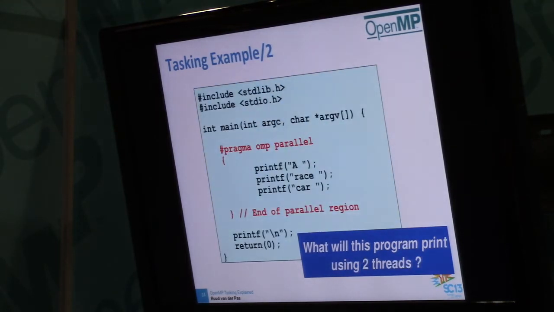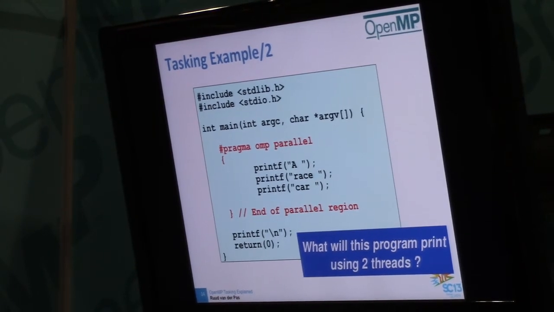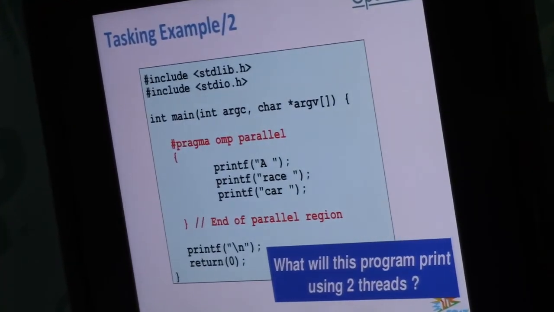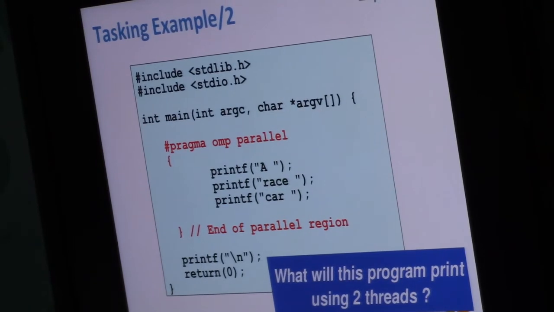All right. I could run this in parallel and embed it in a parallel region. Okay. Now it's going to be funny. Anybody daring to try what this will print? Exactly, any combination of this, as long as you obey a race car. Okay, I hope that's clear. It could be AA race cars. It could be very funny English. So, and not being a native English speaker, I can relate to that. So, although it hopefully won't be as bad as that.